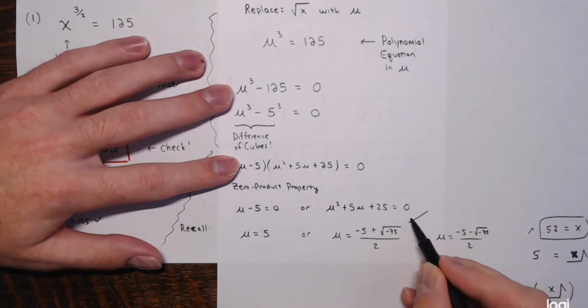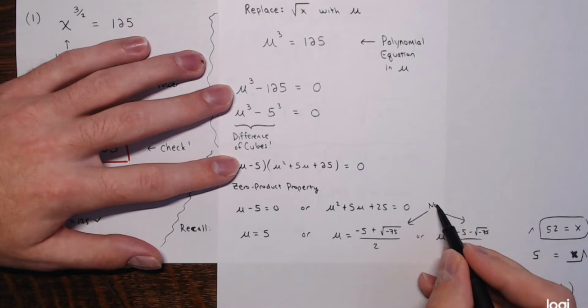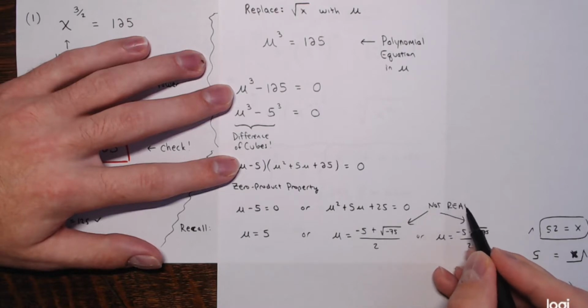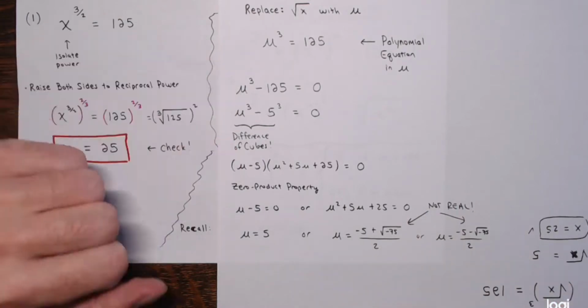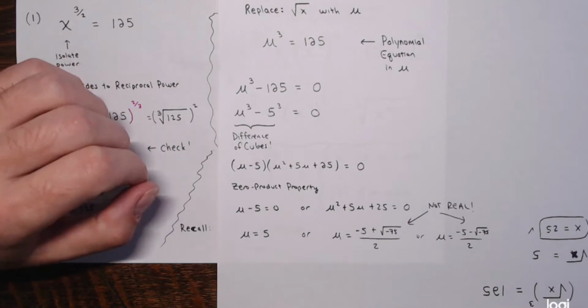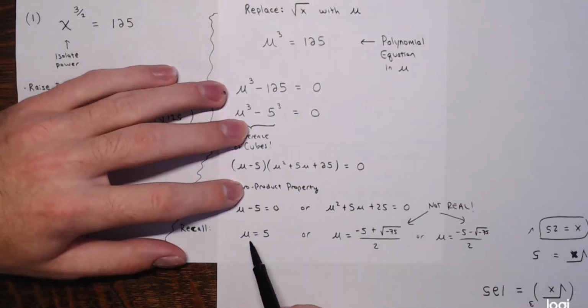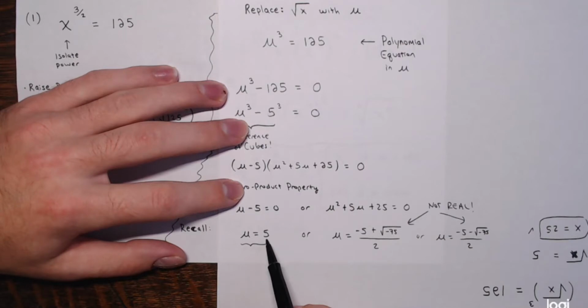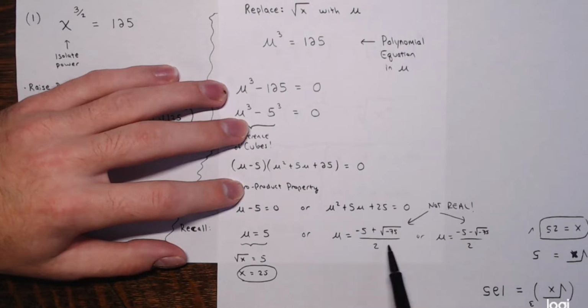And again, these numbers here would not be real. Alright, these numbers are not real because of the square roots of negatives. Alright, and again, we're going to focus on just the real solutions. So then I go back to here. This only has a real number involved. And remember what u was, right? u was the square root of x, and I get the square root of x equals 5. Squaring both sides, x must be 25, right? Now you could square both. I mean, if you were looking for imaginary solutions,